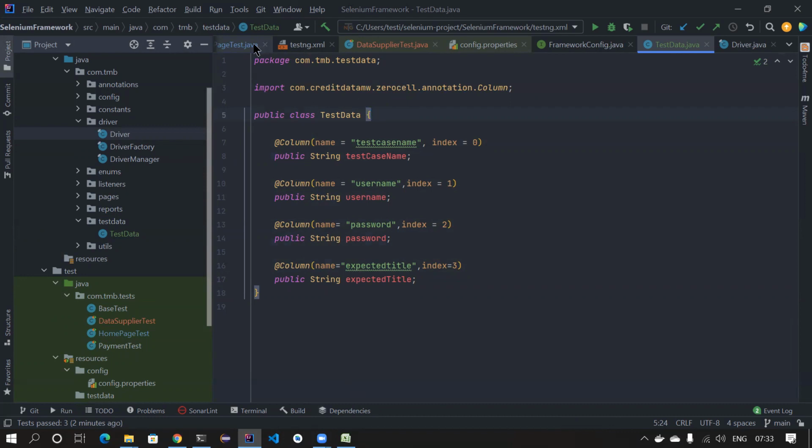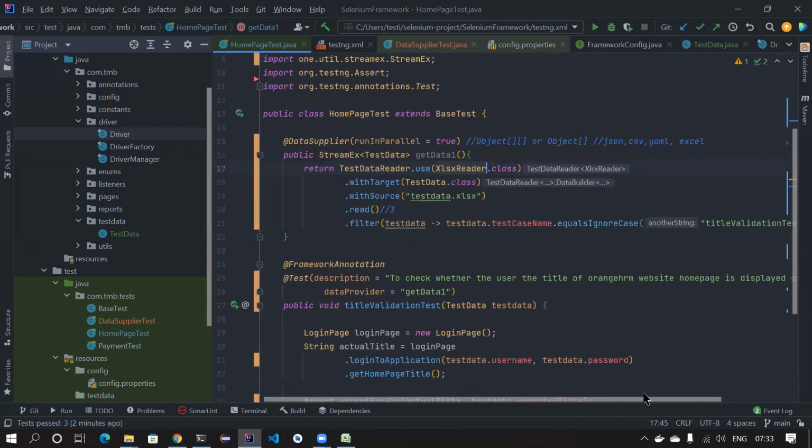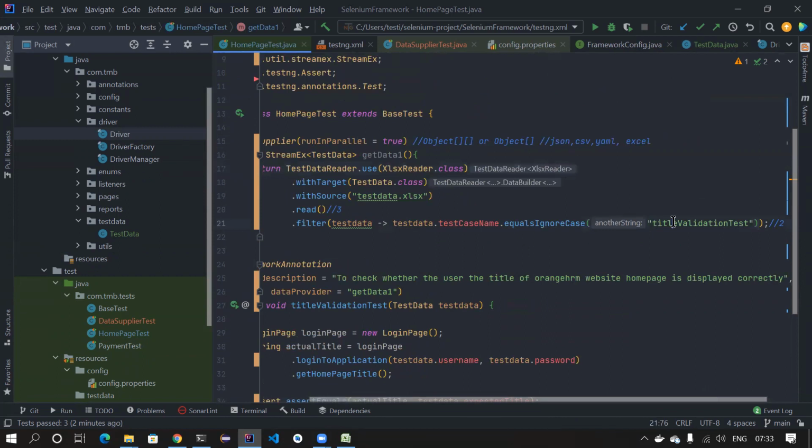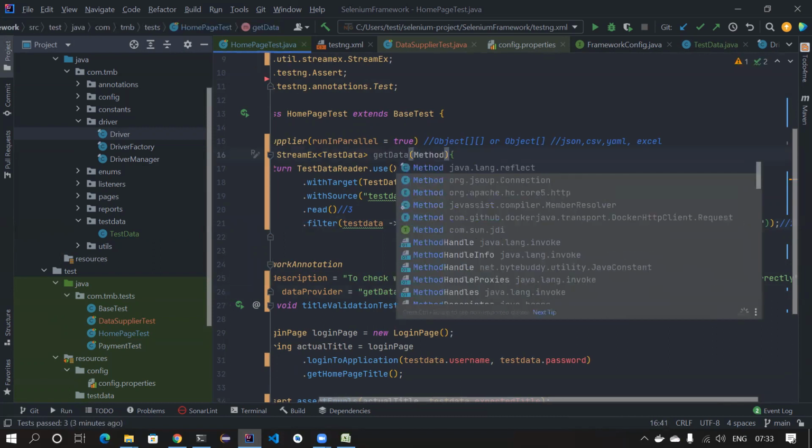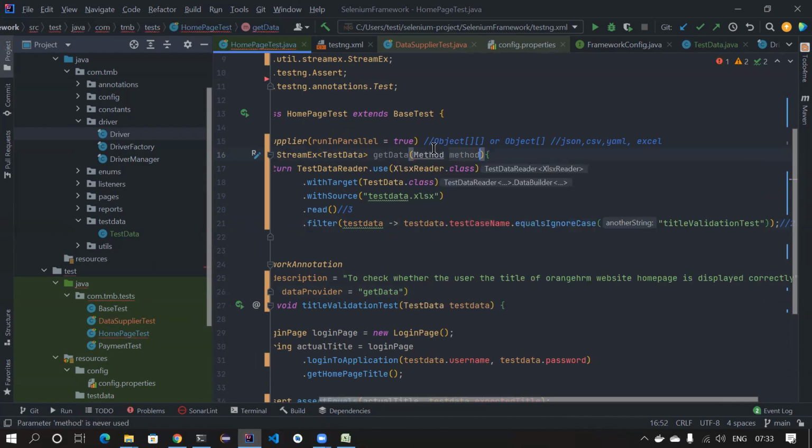So what we are doing now is, currently, this is hard coded. If you guys notice this, we are hard coding here. So this data provider can only be used with this particular test case, right? So what we are going to do, we know that we have something called reflection. Using reflection, we can get the